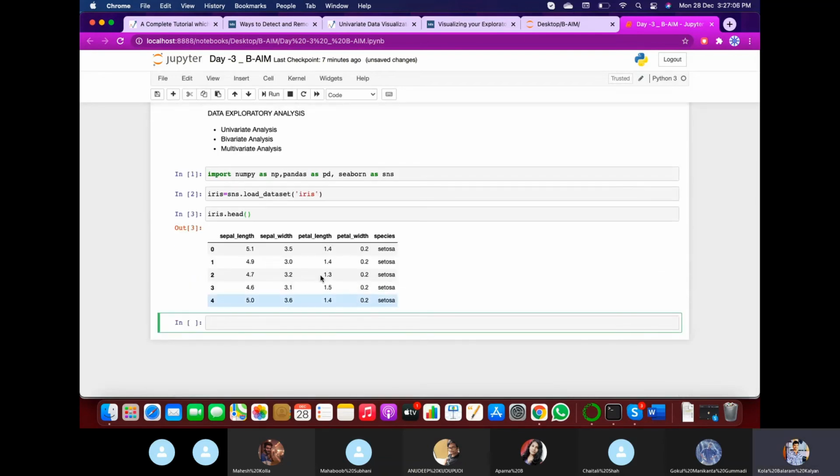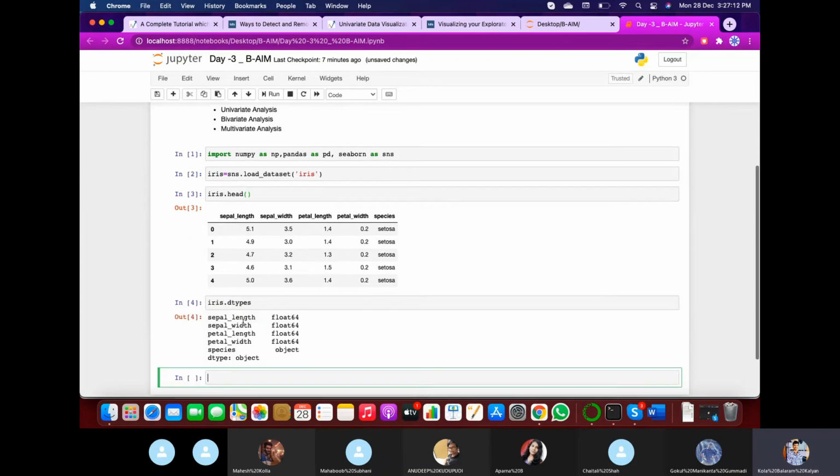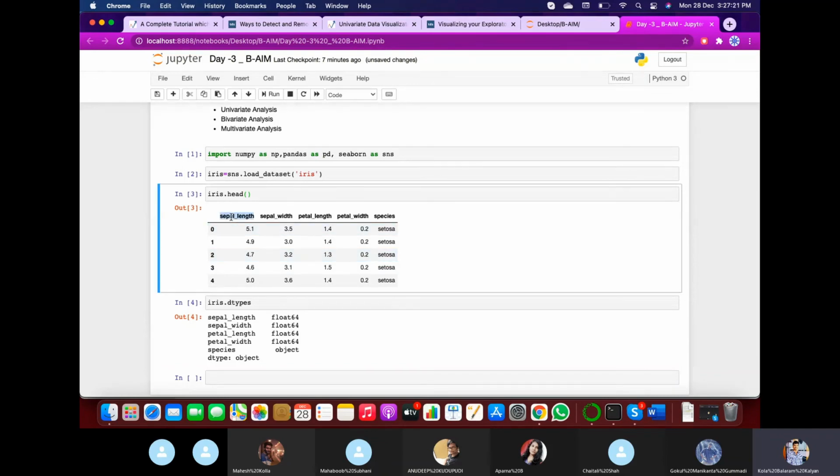So here is our iris dataset. Among all of these, you can see the data types of these variables. Sepal length, sepal width, petal length, petal width are quantitative variables, which are represented in numbers and are quantified. You can see the decimal numbers are represented as float, so all the 4 variables are float variables.